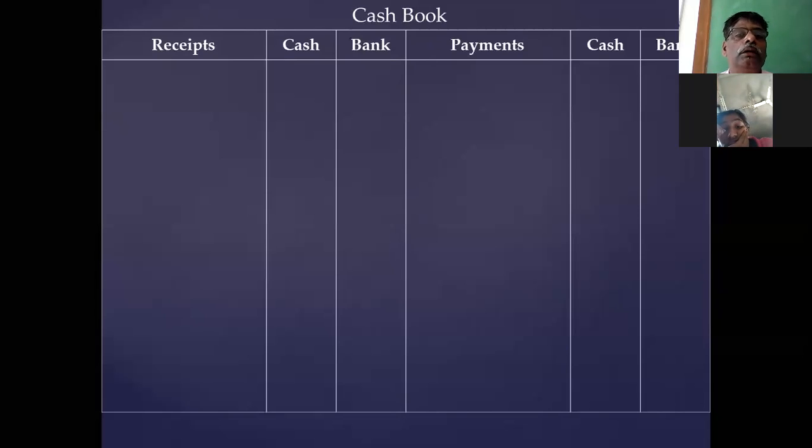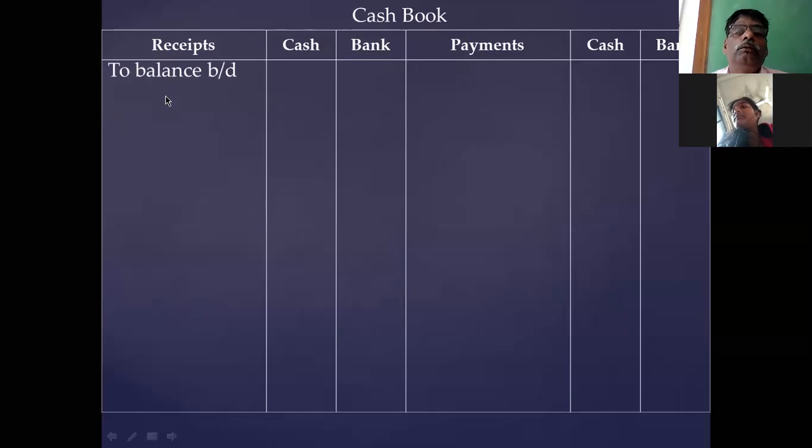It is also prepared to ascertain cash paid to creditor or cash received from debtor. I'll tell you after preparation. This cash book is prepared to ascertain the missing information. Missing information. You see here,